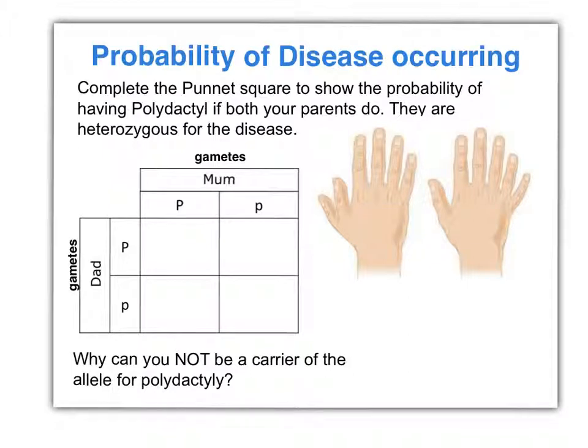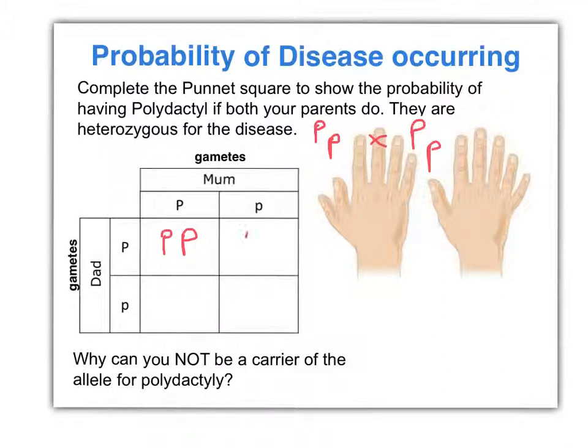So if we then have a look at this, complete the Punnett square to show the probability of having polydactyly if both of your parents do. So they are heterozygous for the disease. Both parents have the genotype big P, little p. Again, if we fill out our Punnett diagram, remembering to label it correctly, we can see we've got 25%